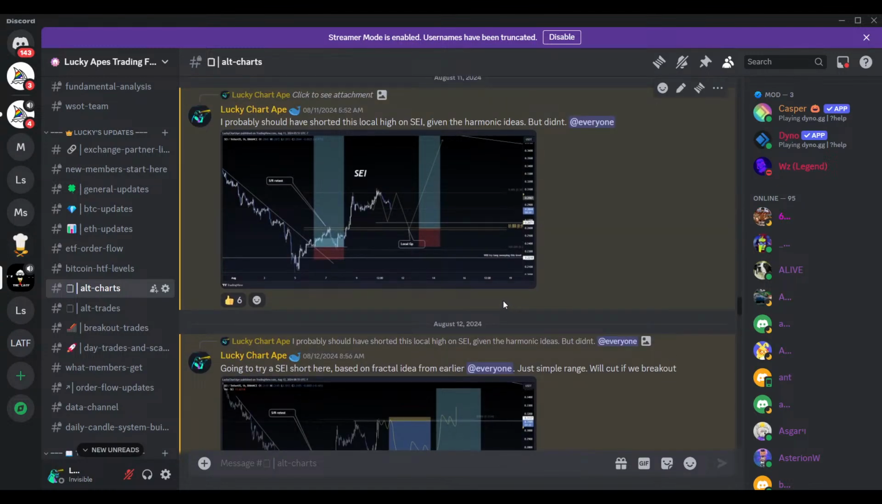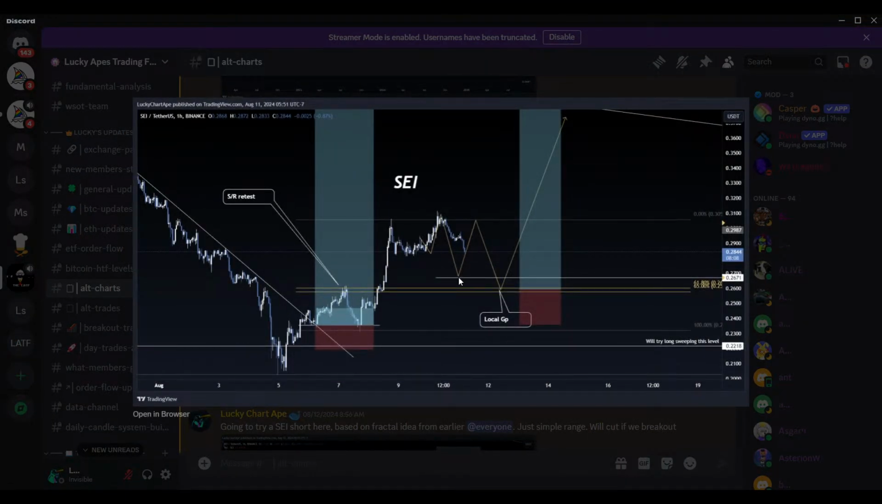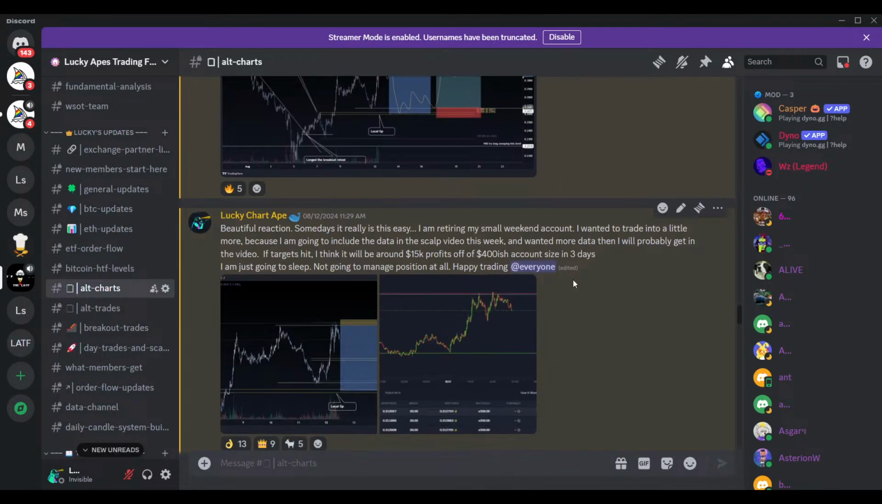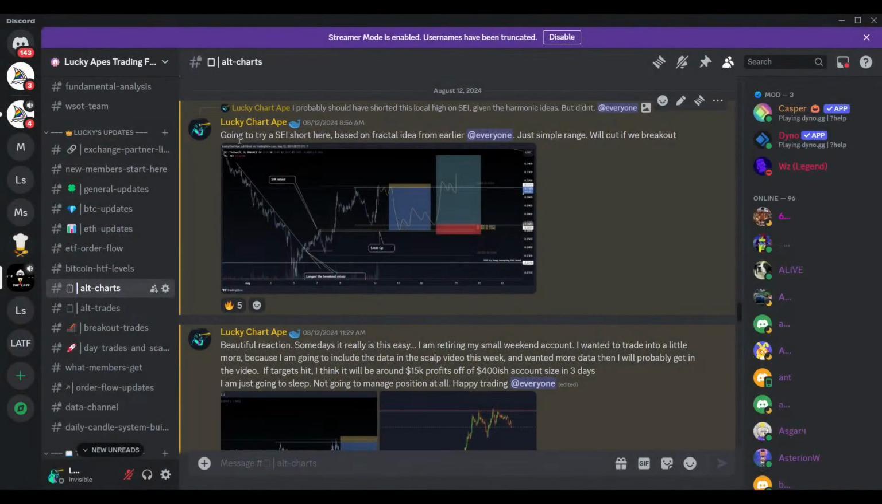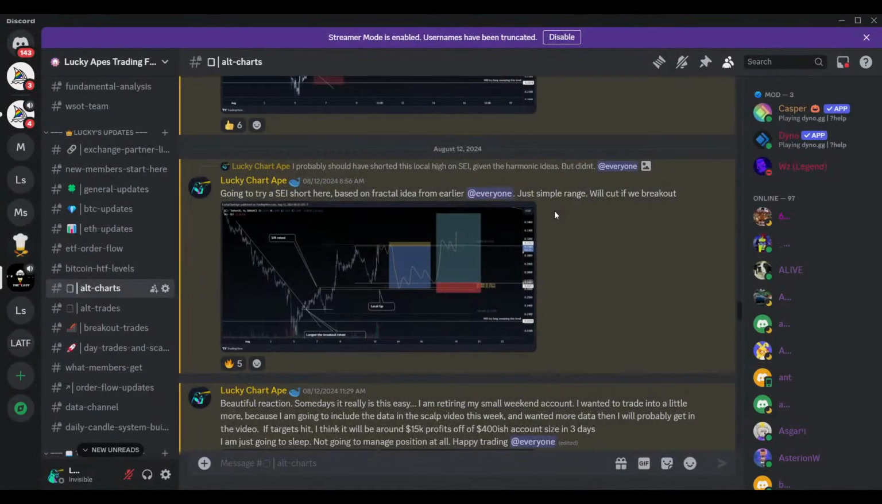But for example, here on Say, I was looking for this move down, a new high, lower high. I've talked about that fractal idea that I came up with on Discord. And then here I took that Say short, said going to try Say short here based on the fractal idea earlier, just a simple range cut, targeting these current lows. A nice, pretty decent sized move to the downside. Was it something like 17% or something? 16%,